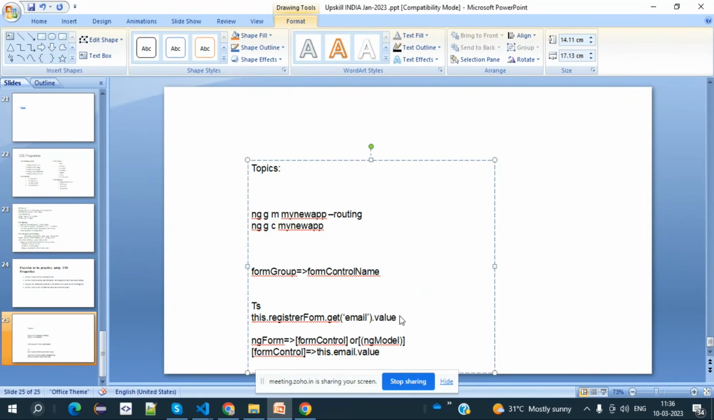Whenever you're proceeding with the ngModel, then how you need to do it with ngModel means